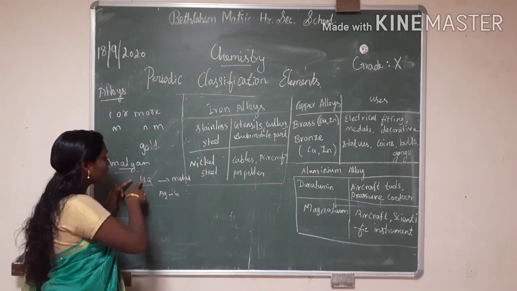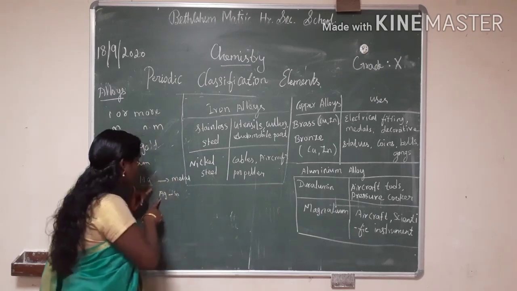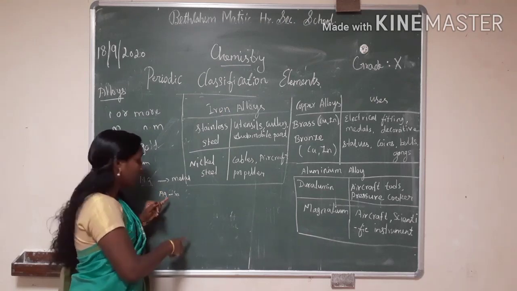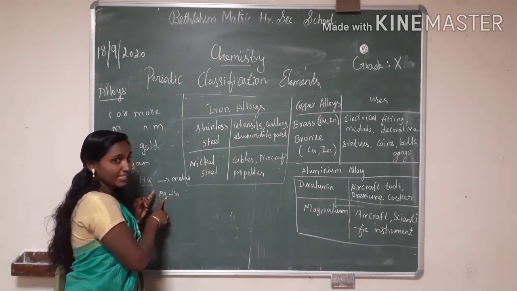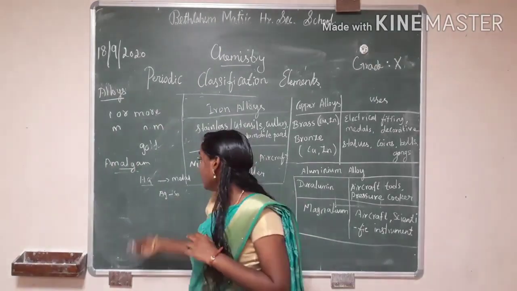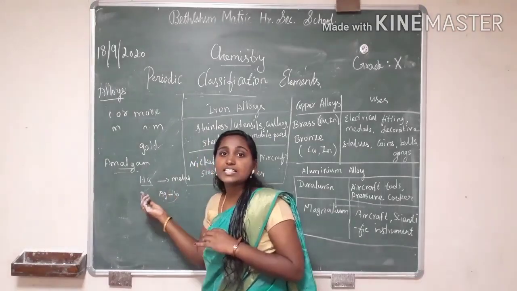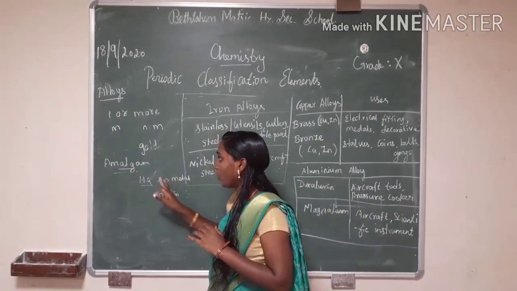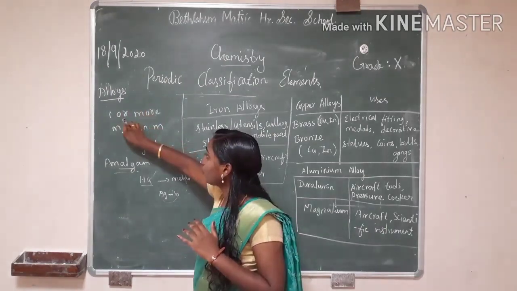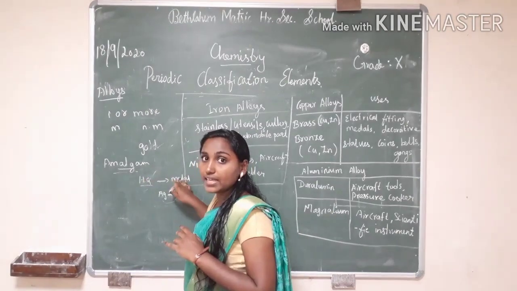So amalgam means mercury with another metal. For dental filling, we use mercury with tin, symbol Sn, or mercury with silver, Ag. Both metals are connected with which bond? Metallic bond. Have you understood these two headings? Alloys is a homogeneous mixture of one or more metals. Amalgam is an alloy of mercury with another metal.